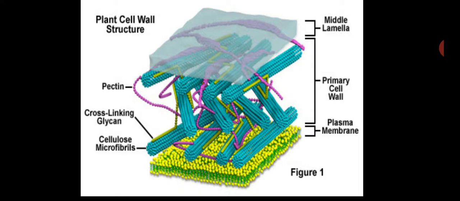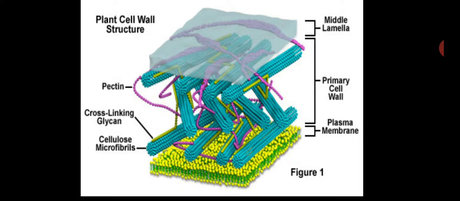Especially we can see the secondary cell wall in sclerenchyma and fibers also. Okay, xylem fiber, sclerotic fiber, and in xylem elements, tracheids and vessels. All these cells or cell members are very, very hard. They are meant for strength of the cell, and they also can transport water. That's why they are very strong. So fully grown cells can develop secondary cell walls.